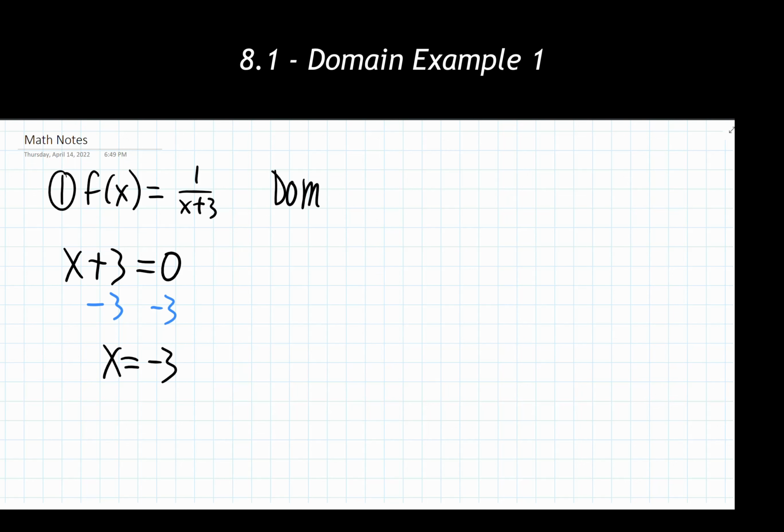So I'm going to write out for myself domain. And again, two ways you can write this out for yourself. You can do this double R, that there, or, and this is the way that I think is particularly useful and kind of more straightforward way of listing it, x cannot equal -3.